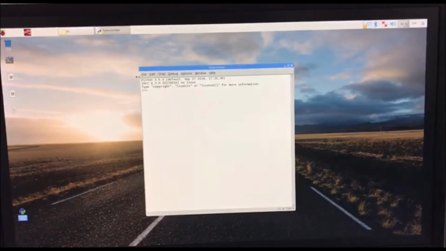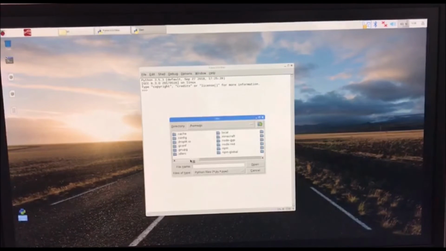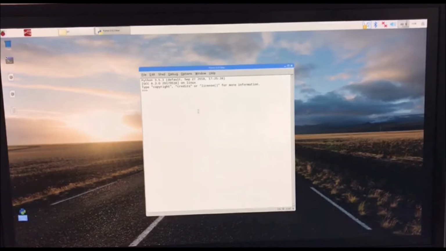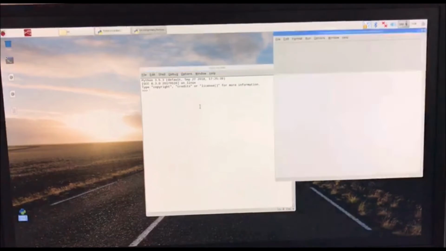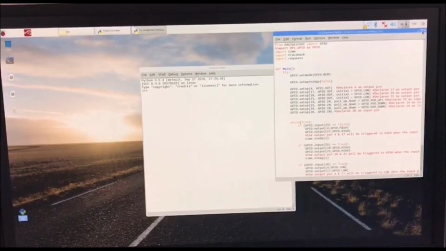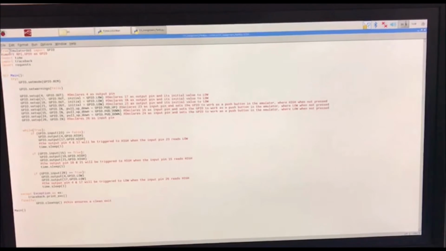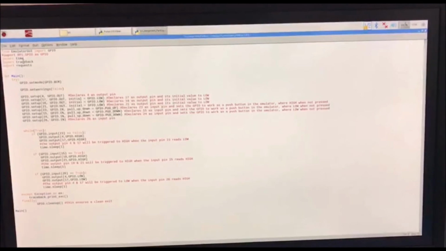Okay, so we open the file that we programmed earlier. As the first line of the code, we import the emulator that we installed earlier, and import time,